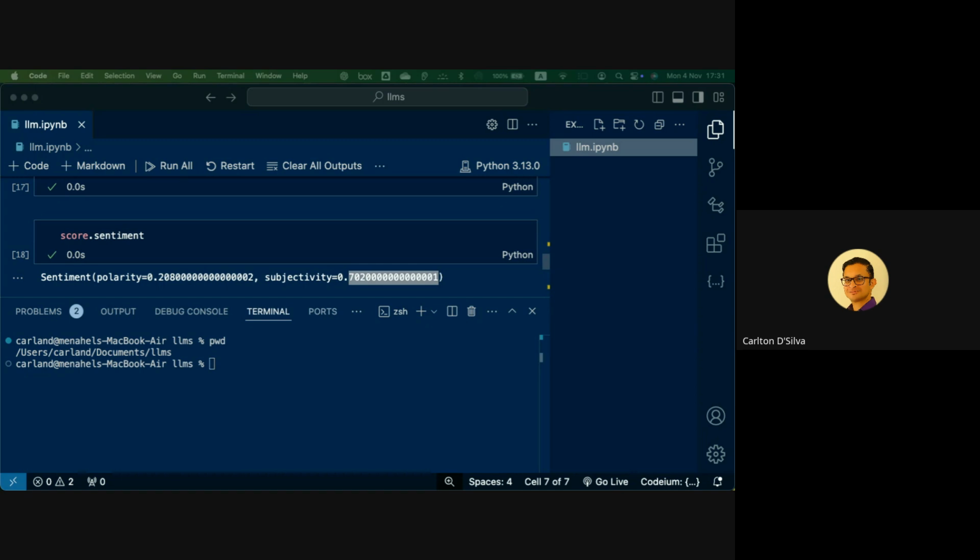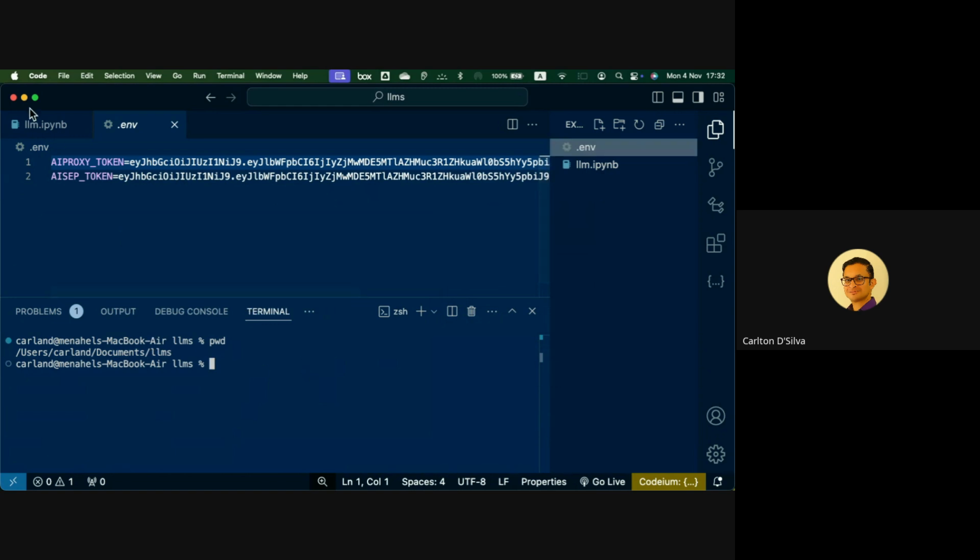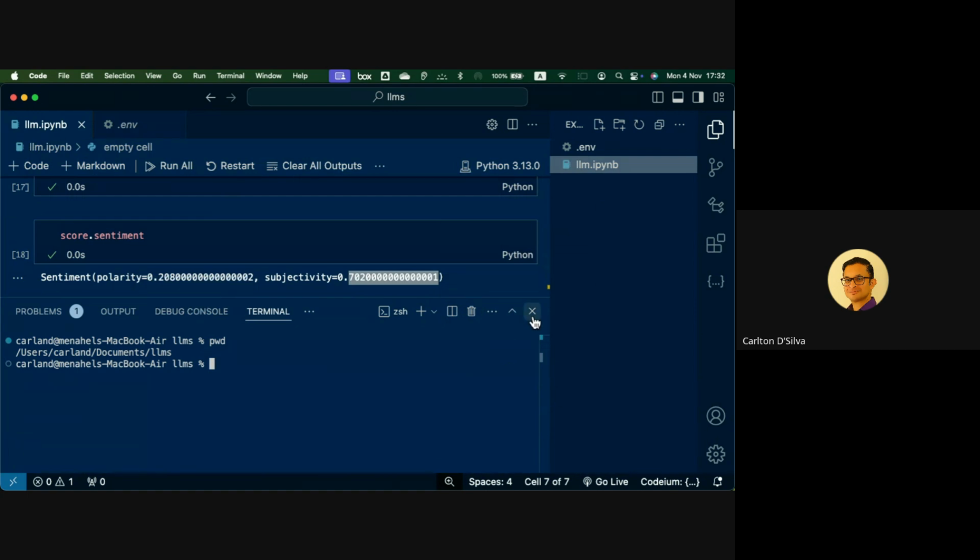Just getting my key. Saying I'm not allowed to do something that's invisible. Okay. Right. So that's that.